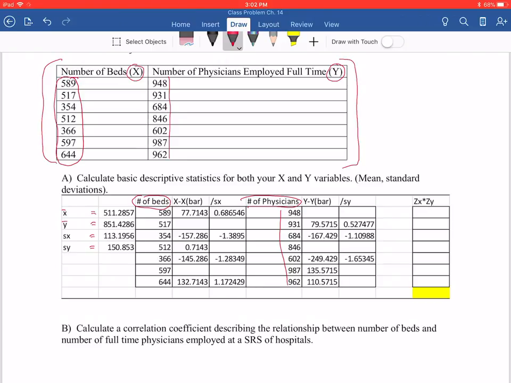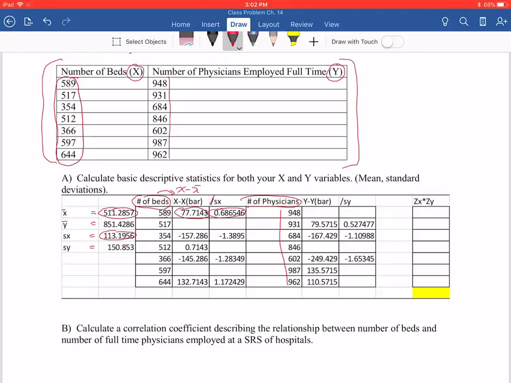And so I've set this up to help show the steps in the process of calculating an R value. So what you do is take the number of beds, so 589, and subtract your x bar from it. So that's what this is stating up here, x minus x bar. So you take number of beds, subtract your x bar, which is found here, and then you get this value. Once you get this value, divide it by the standard deviation of x here, and then you'll get this value,